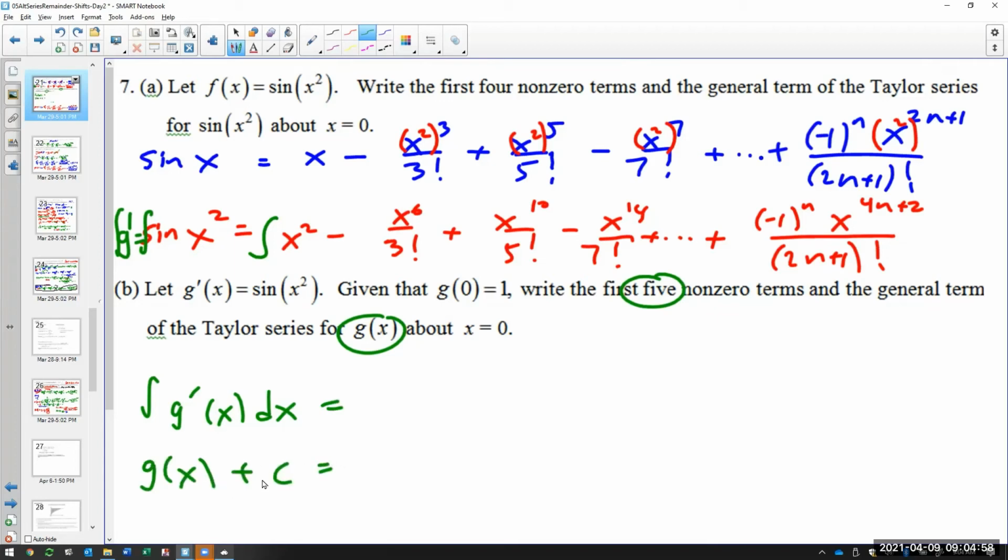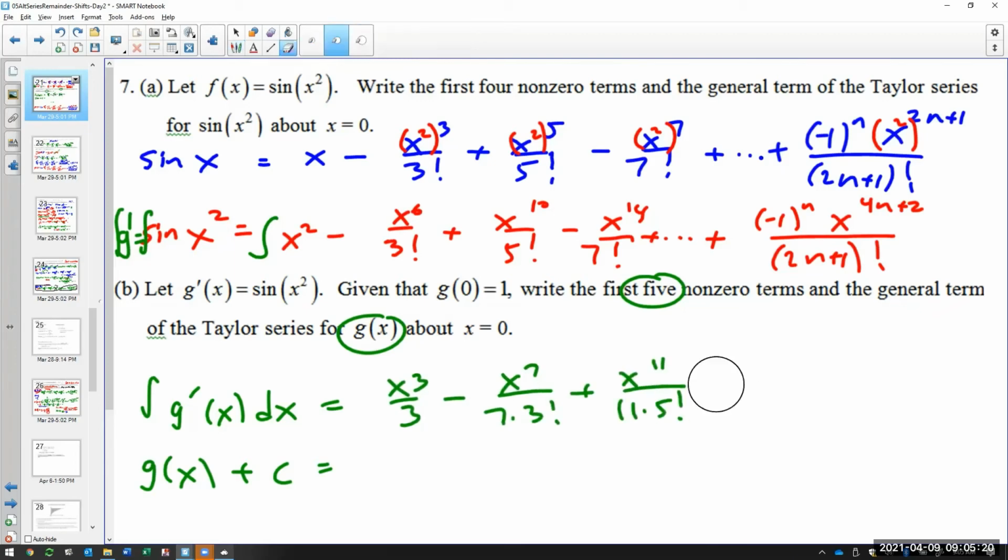I can keep C on the left, but there's going to be a C on the left and a C on the right, and I'm just going to combine them and make one C. Do you remember we've done this before? Okay, so on the right side here, this will be equal to x cubed over 3 minus x^7 over 7 times 3 factorial plus x^11 over 11 times 5 factorial minus x^15 over 15 times 7 factorial plus dot, dot,